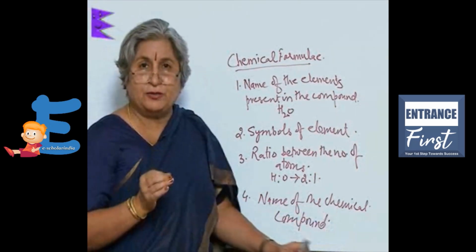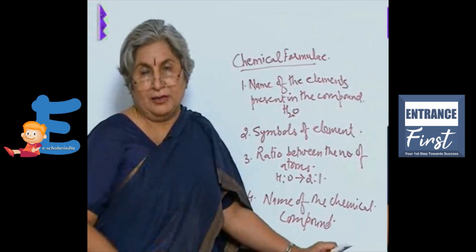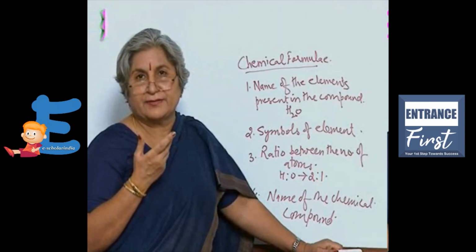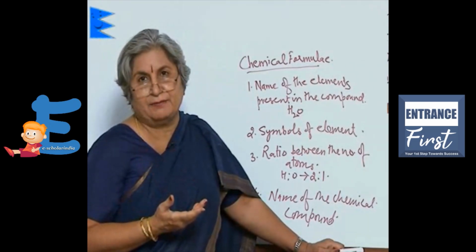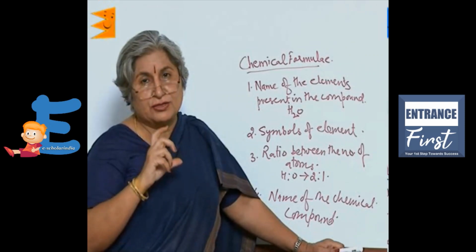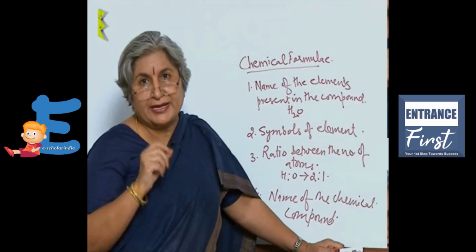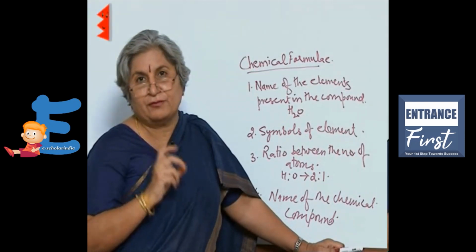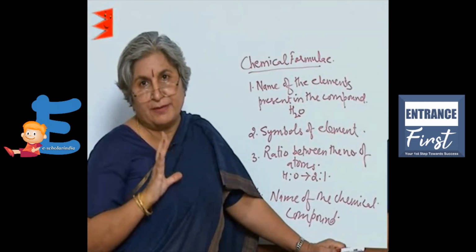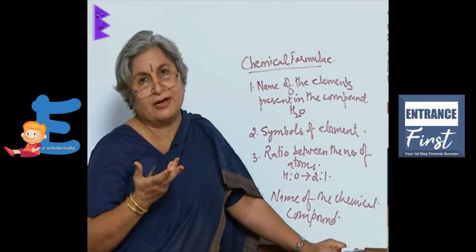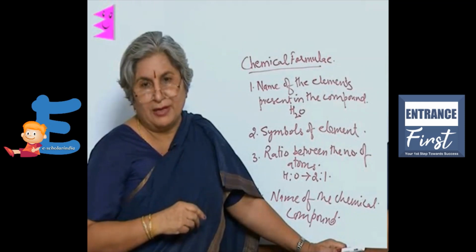Now, to be able to make a formula, why am I saying make a formula? Why can't we just memorize? Now, there are so many chemical compounds. How to memorize them? Just as we use a certain method for coining symbols, similarly, there is a method of making formulae also. Of course, it has to be approved, but if we know the method, it will be easy for us to make a formula.